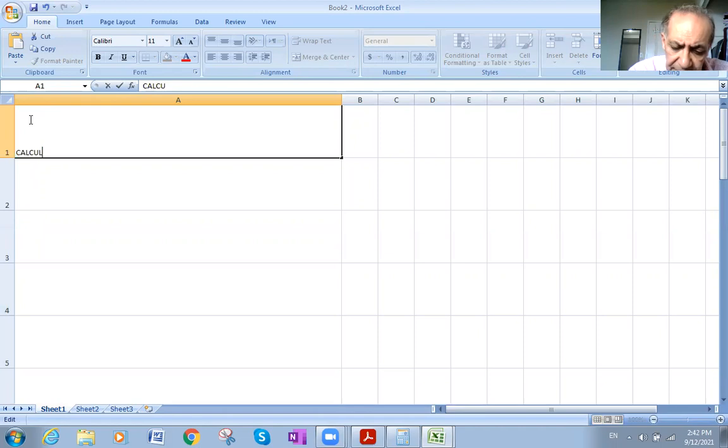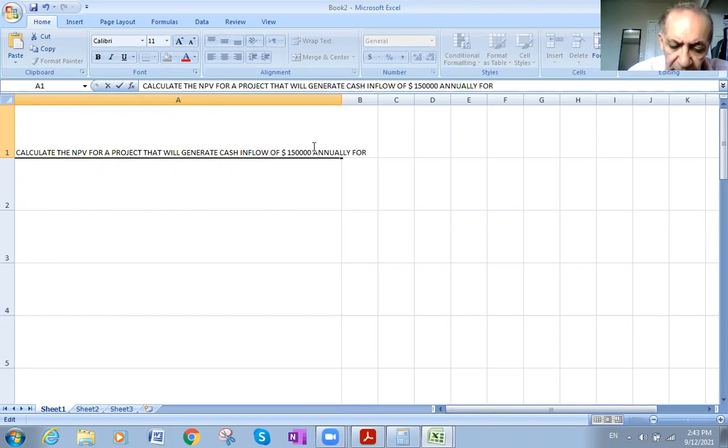Calculate the NPV for a project that will generate a cash inflow of $150,000 annually